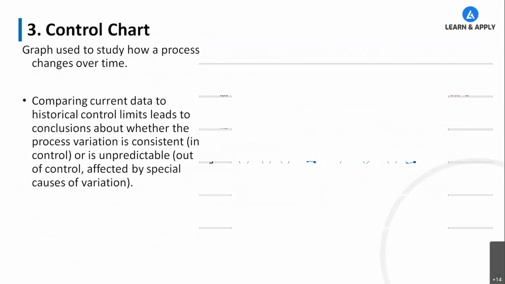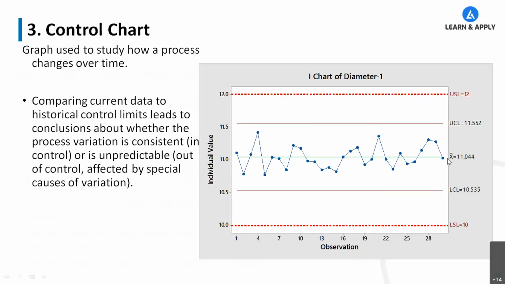Okay. So these are the observations. The central line, this green line, is a mean, X bar you can see, and there is UCL, that is upper control limit, and this is lower control limit. Okay. So control chart, you can see by the name itself, this is a control limit, upper control limit and lower control limit, and within which we have to keep all our observations, we have to keep all our readings, so that the process doesn't go beyond this